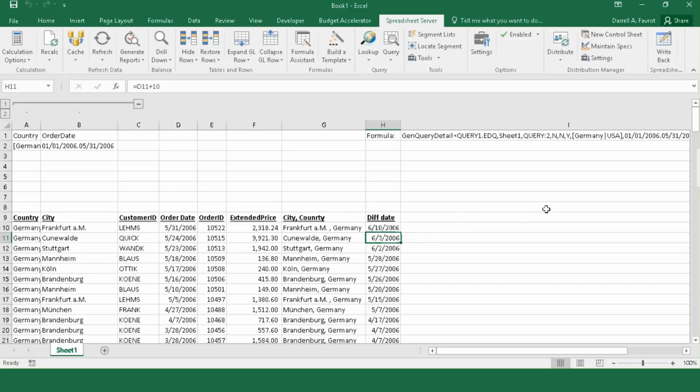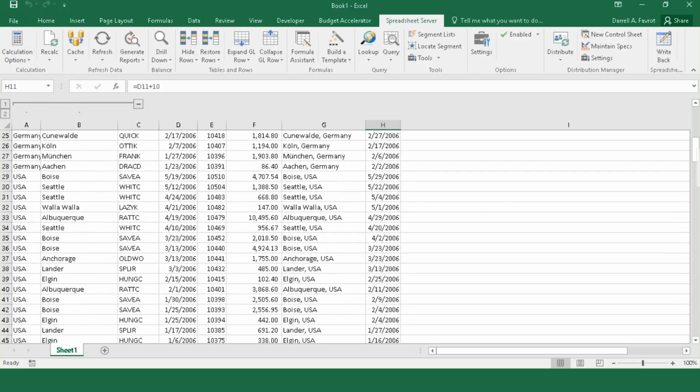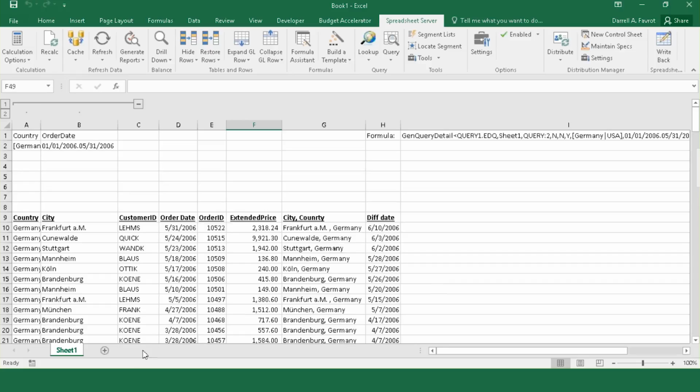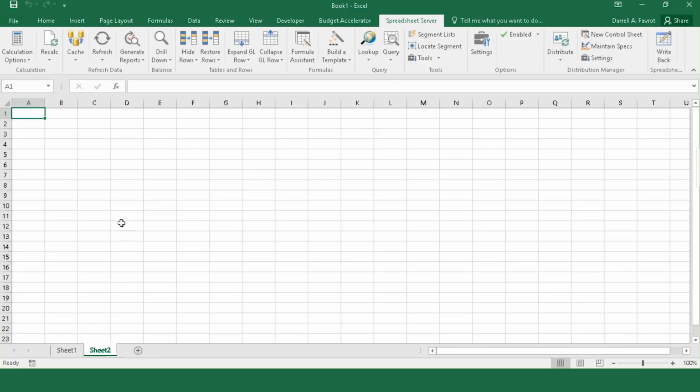So you have a variety of fill down columns that are available and a lot of functionality with fill down columns that you can do. And by using ranges, you have the ability to send your data and include sums. Now I'm going to add a new sheet here, and I'm going to go ahead and build a template one more time,